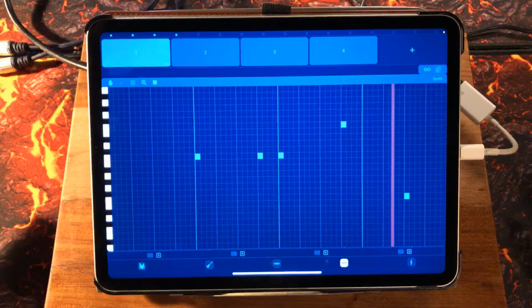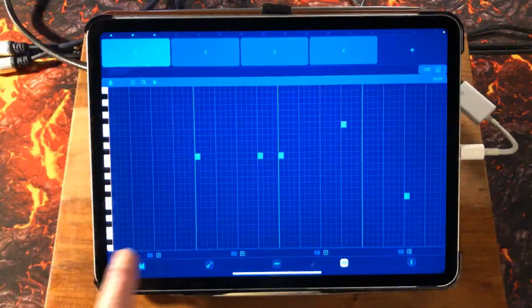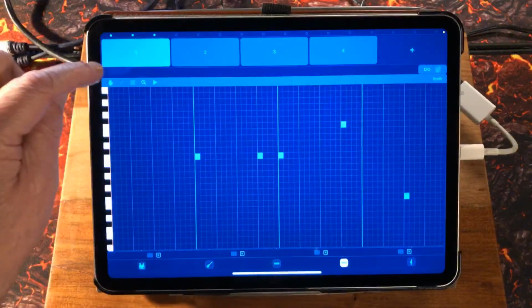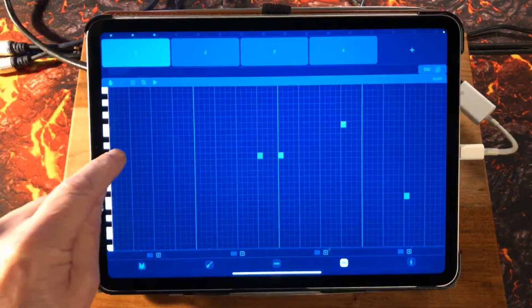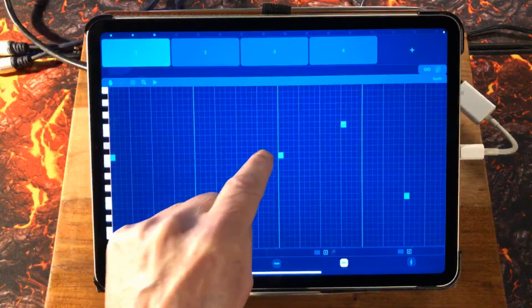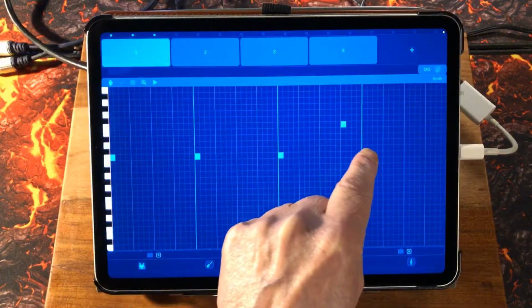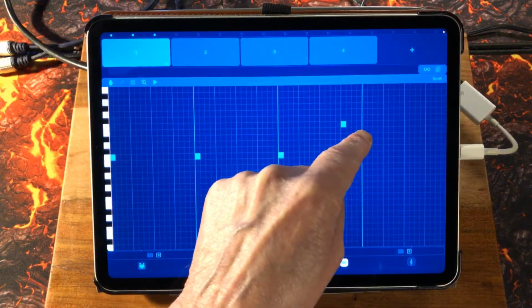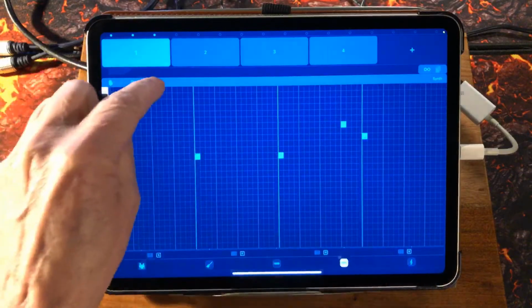So let's stop it and take a look at the options. Hand options, the first one, which means you can pick any of these notes up and move them around to whatever you like. And then